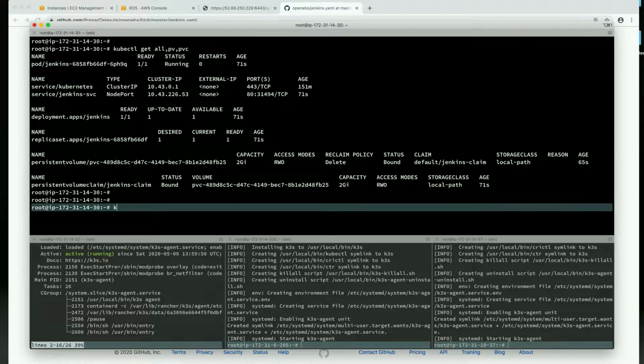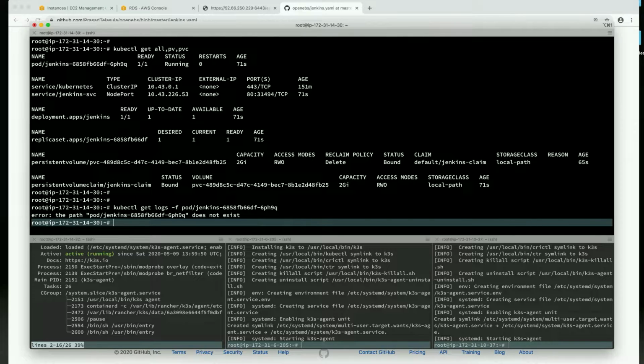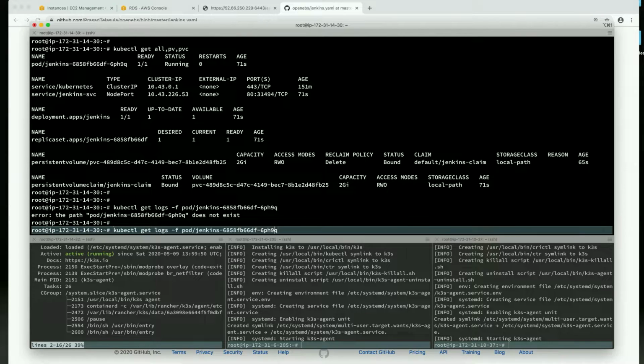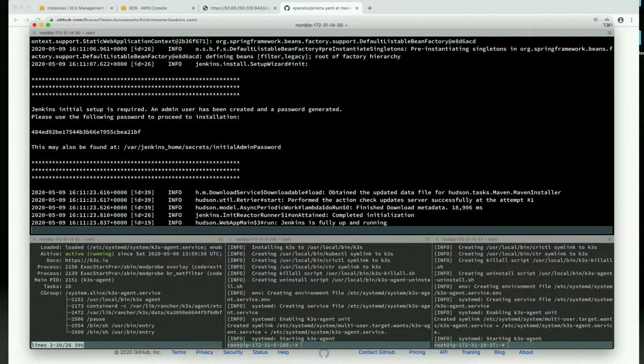So for that, kubectl logs -f of this pod. So before that, I want to note down the port number of this one, and then enter. Okay, so the get command is not required. kubectl logs -f.